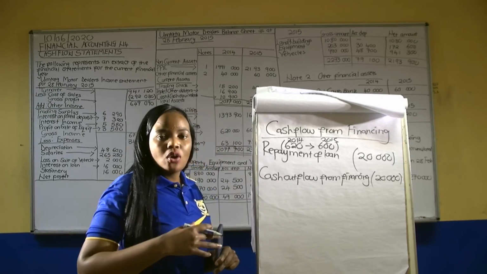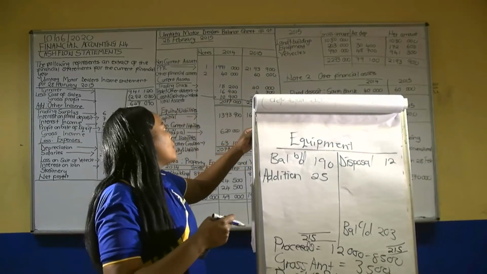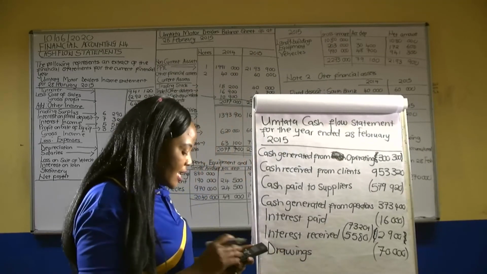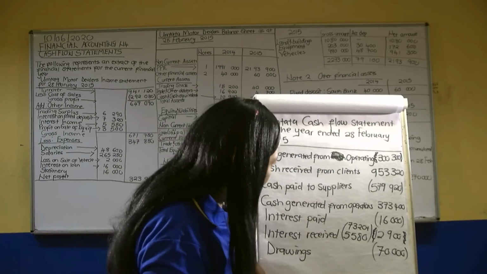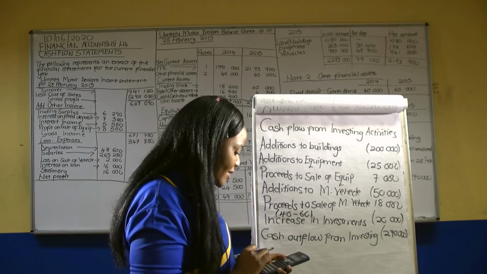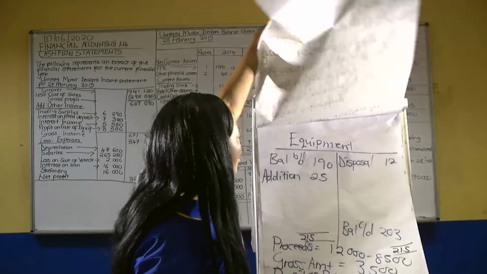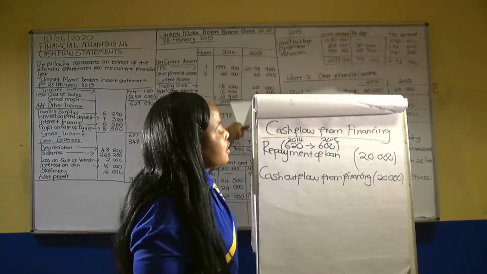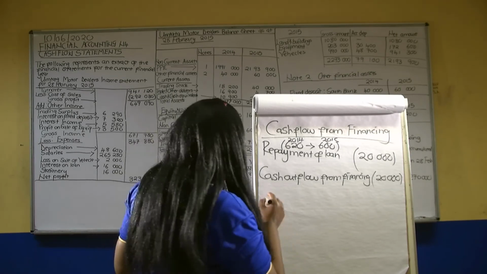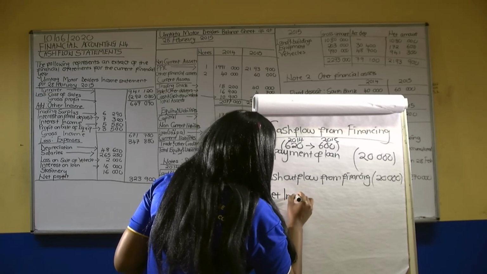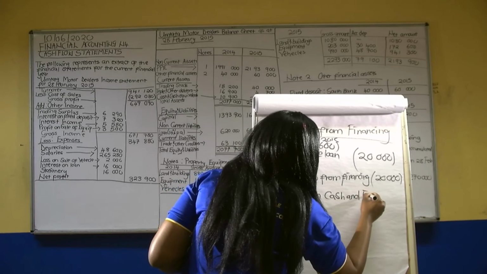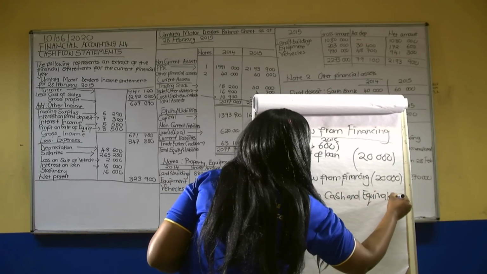We are done. Then now you deduce whether it was a net increase in cash or a net decrease in cash by starting from cash flow from operating activity, which was 3,300,000. Then from investing activity, it was a cash outflow of 270,000, so we say less 270,000. Then cash flow from financing activity was a cash outflow of 20,000, so you less your 20,000 as well. You discover that you have a net increase in cash equivalents